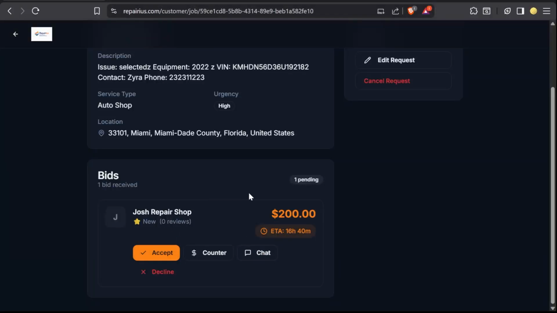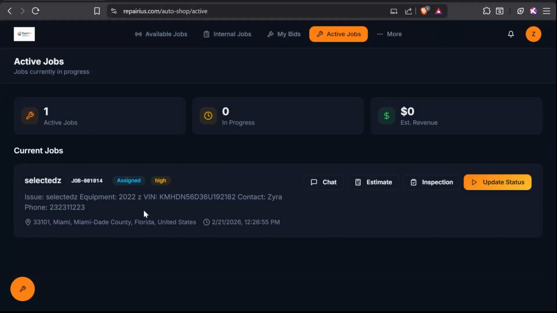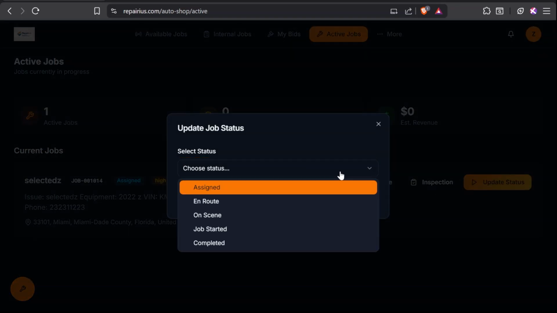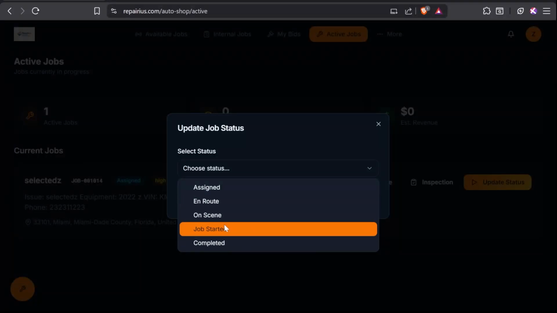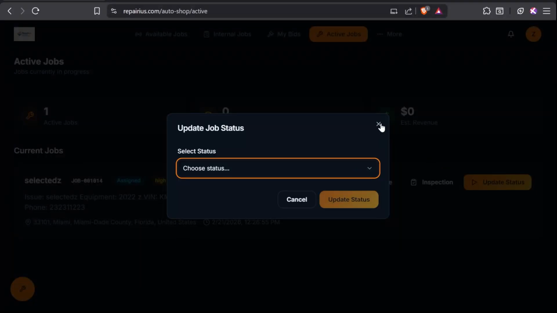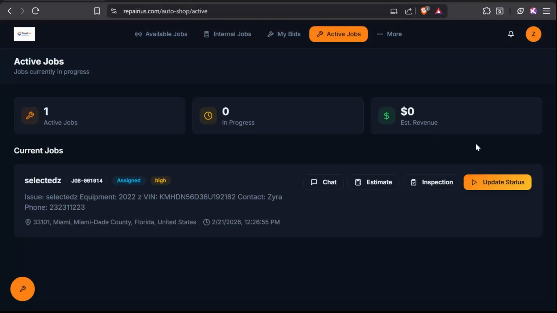Now if you accept this, that job will move to your active jobs, and in here you can perform different actions like estimate, inspection, and update status. Like right now it's assigned, then this one means that the vehicle is being fetched to the shop. Then this is on scene, job started, and completed. So you can change the status accordingly, and this would show you all the different jobs that are active. This status will show you in progress jobs which the team members are working on, and this will show you the estimated